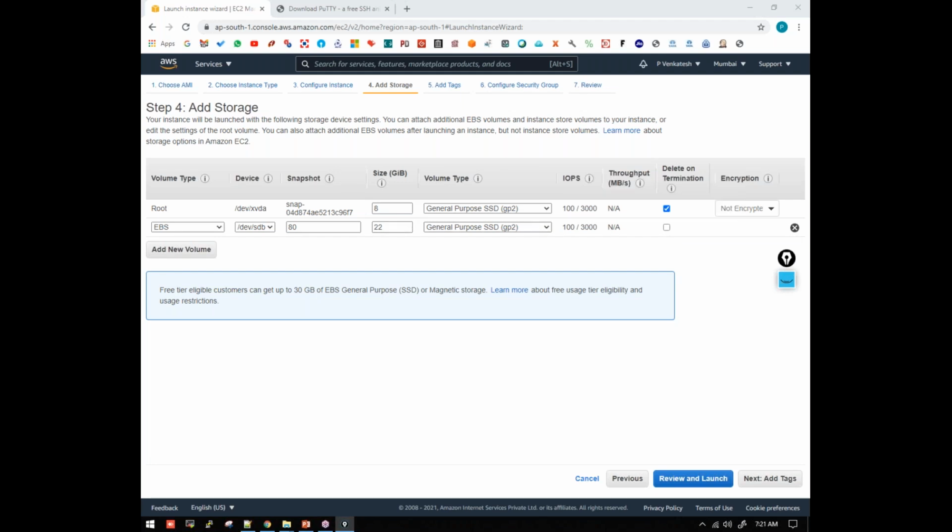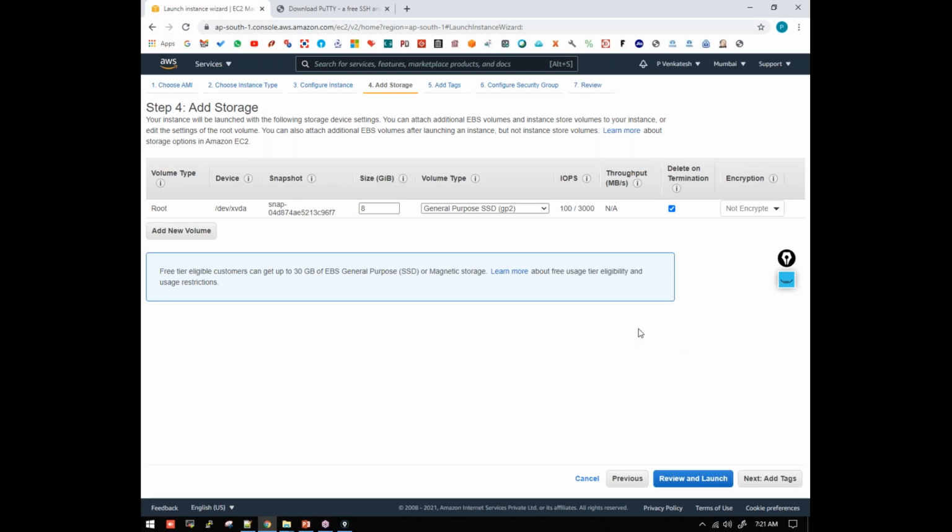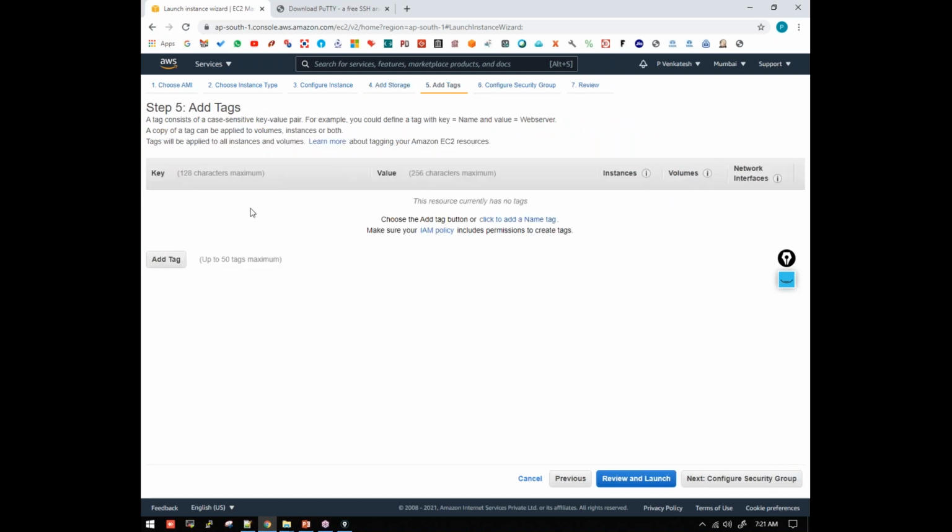Since we don't want this additional space as of now, I'm going to delete this drive by clicking on this cross button in the corner. Clear, right? 8 GB is the default drive. Fine, clicking on the next one, add tags. As of now, I'm not going to add any name to my server. So next,